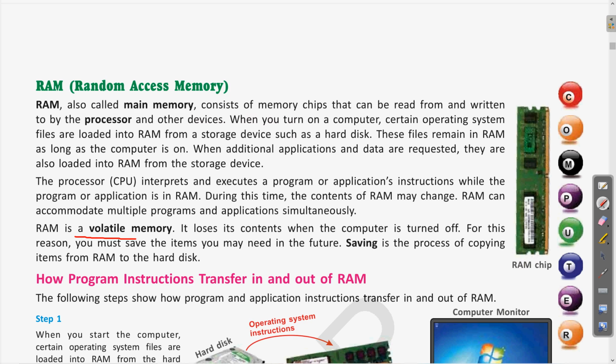Any device which is volatile means that the data inside the RAM or the memory will be deleted when the power is switched off. The contents, or whatever files are inside the RAM, will be removed when the computer is turned off. Clear? So I hope it is clear to you that RAM is volatile in nature. Volatile itself means that the contents will be deleted when you switch off the computer.